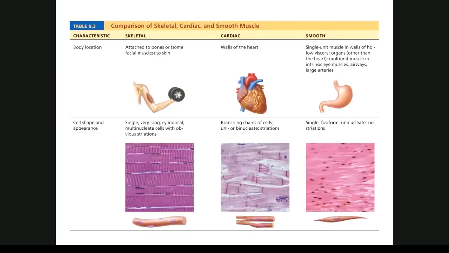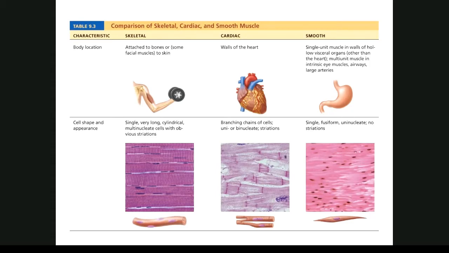So as you look at your skeletal muscle, you can clearly see the striations or stripes, the multiple nuclei here, and each muscle fiber or cell, we call the cells fibers, is the length of the entire muscle. With your cardiac muscle, you have the short fat cells, and they are connected by these intercalated discs. In smooth muscle, you don't have this distinct striation. You don't have your actin and myosin. You just have individual little cells, and they have the same fine-tuning control that you have with the other types